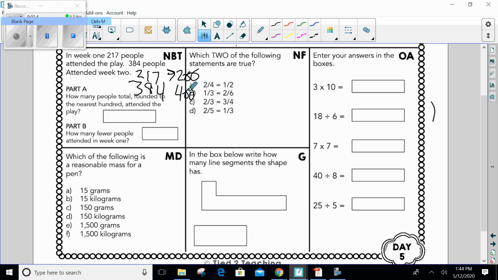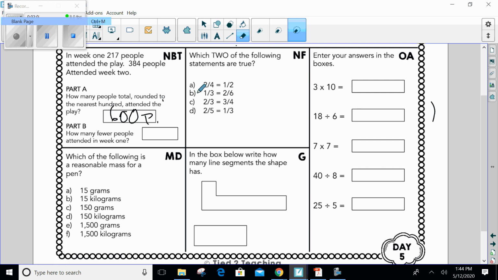Now we're going to see total. How many in total? So we're going to add. Guess what, ladies and gentlemen? You just estimated. Don't forget how to estimate. You round and do the math. So we rounded. Now we're going to do the math. 200 plus 400 is 600 peeps. There we go. Awesome. Okay, now let me erase that